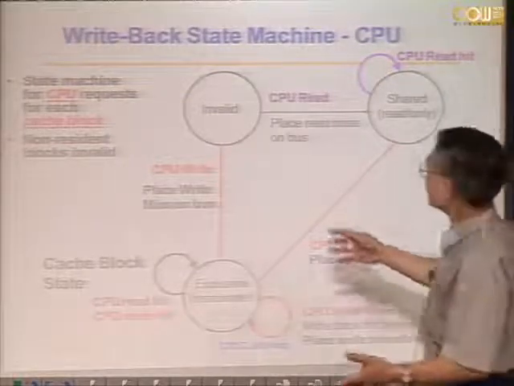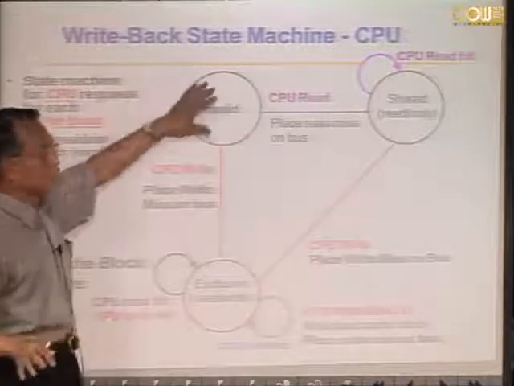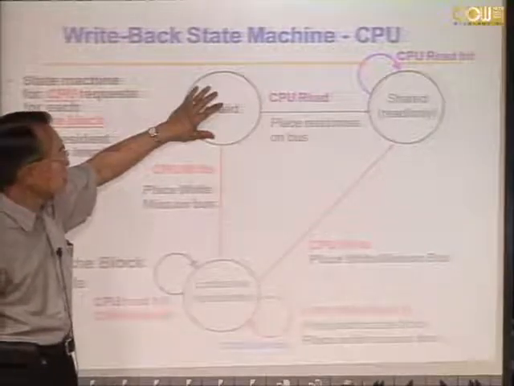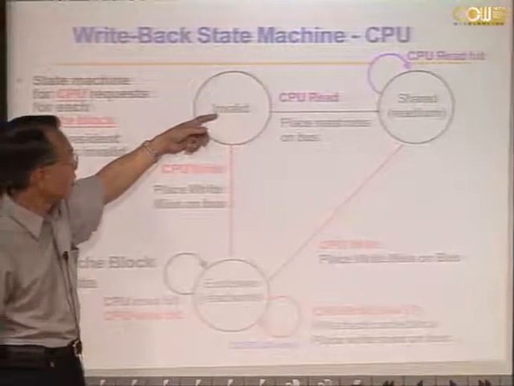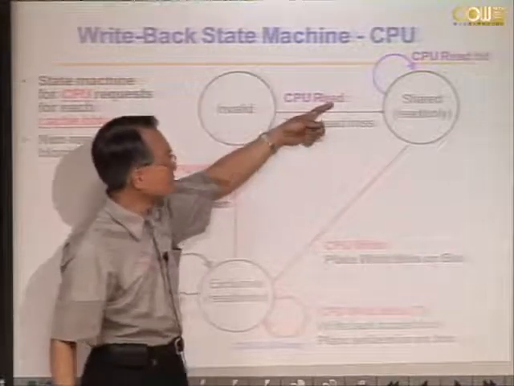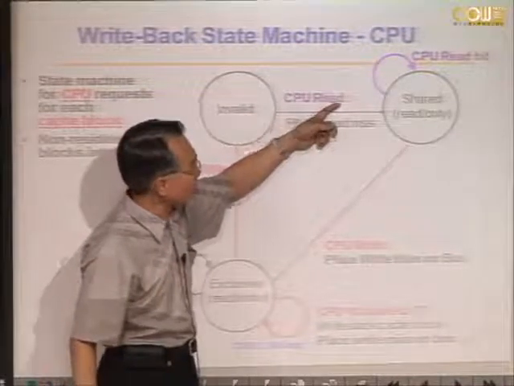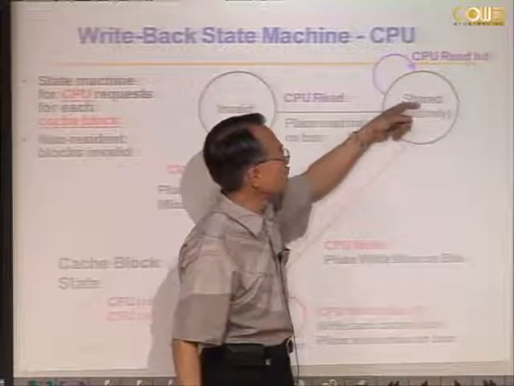So whenever CPU wants to use a variable which is not in its cache, it will encounter a cache miss, right? So the CPU will send out a read signal to the bus and somehow get this cache line back and put it in the shared